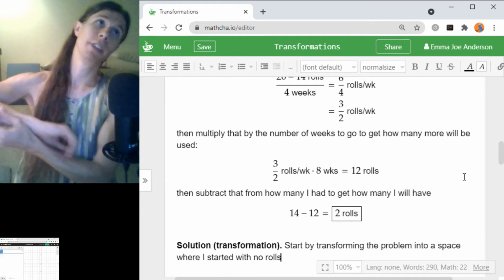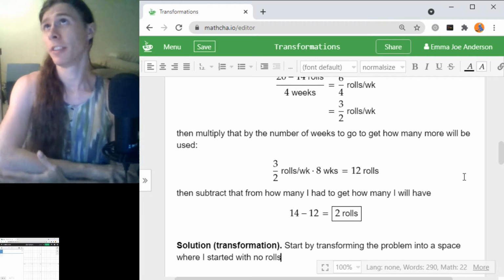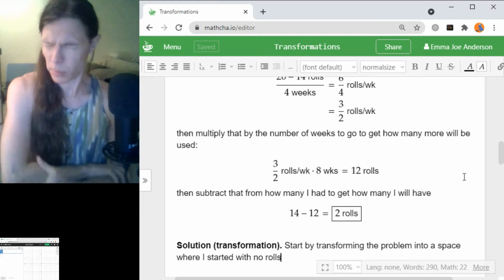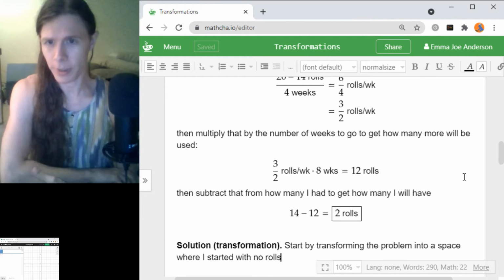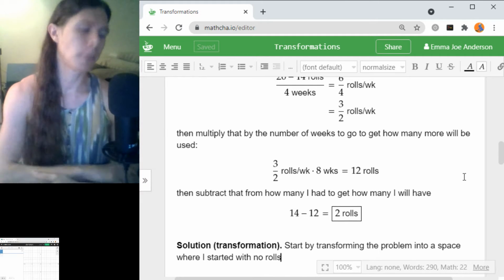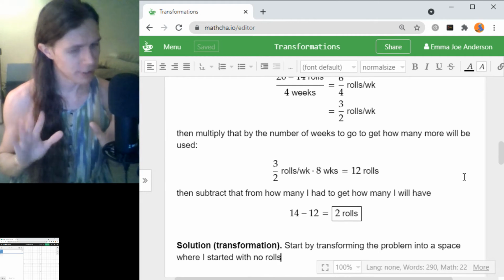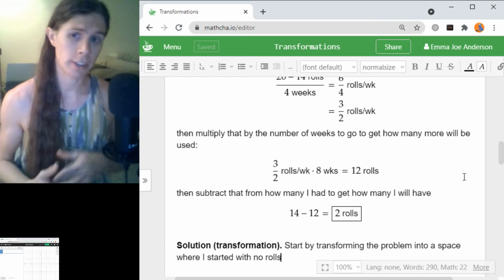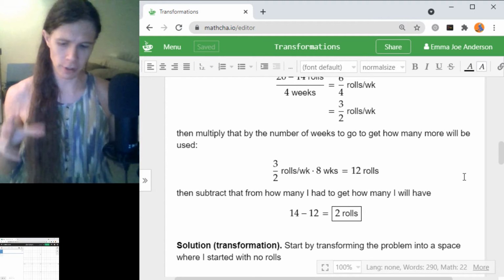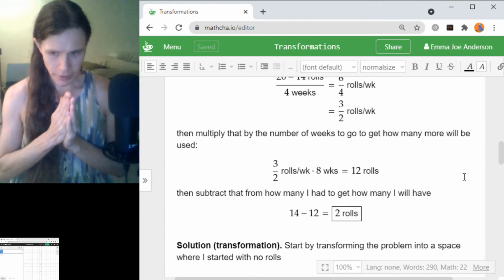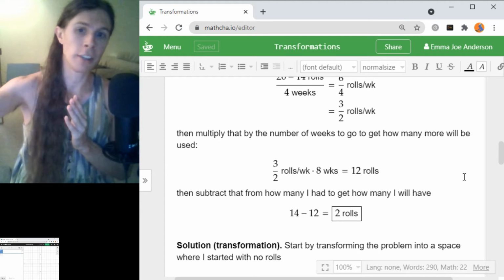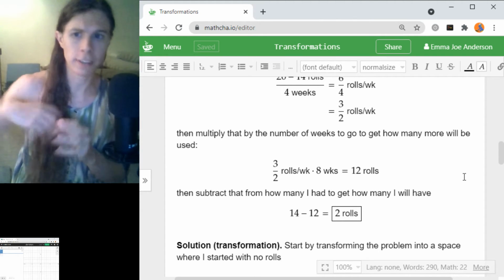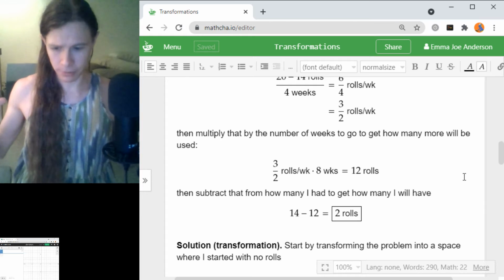Which may sound really weird because you're thinking, wait, what? Like, if I started with none, then how did I consume any? And we are going to use negative numbers. The use of this is going to be that if I start from a frame of 0, then it'll be easier to see what the changes are and what the final value is,